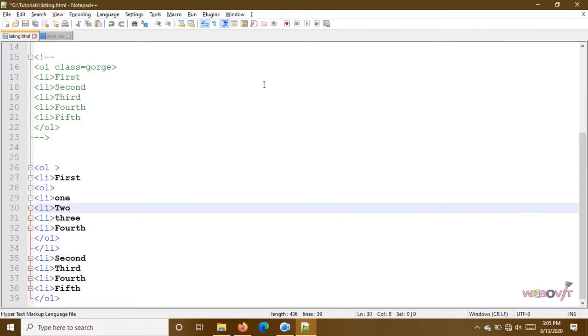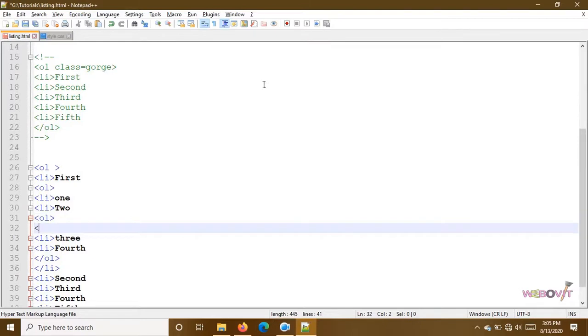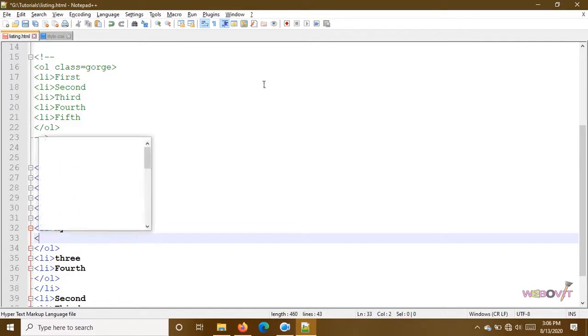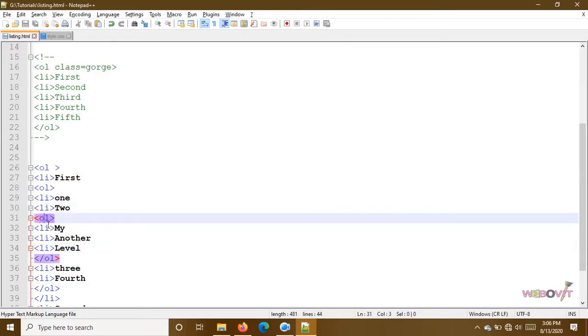Now for the number 2, again we are having more OL.